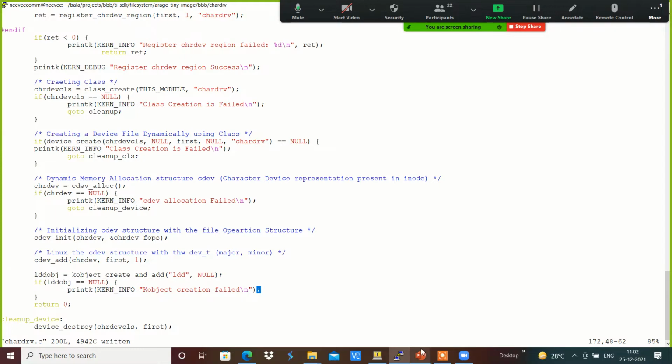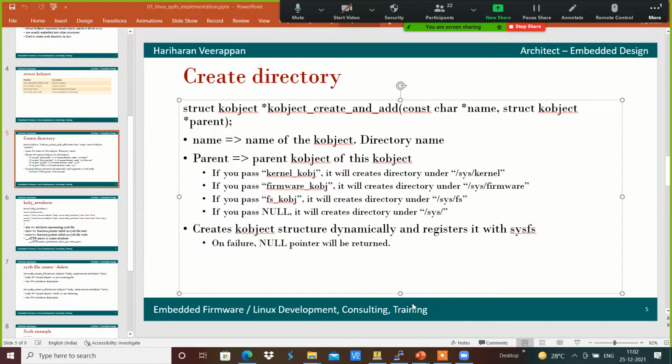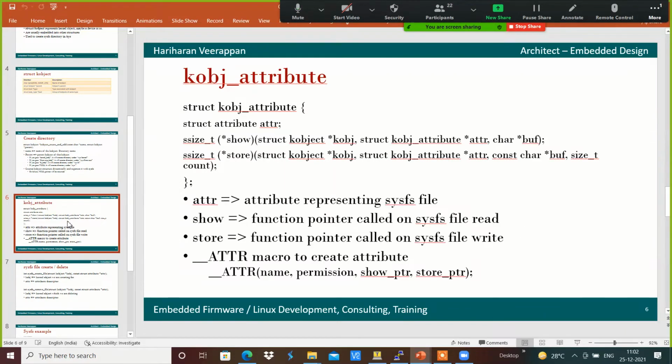And once it got created, we will be adding the attribute in order to show the variable.